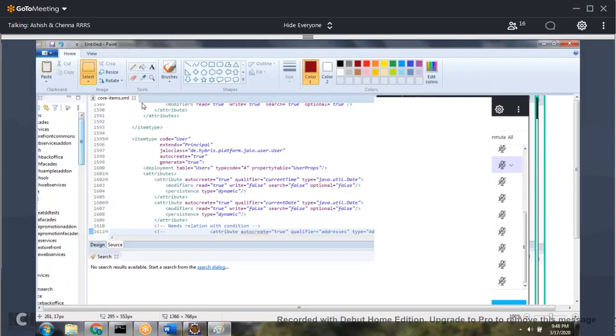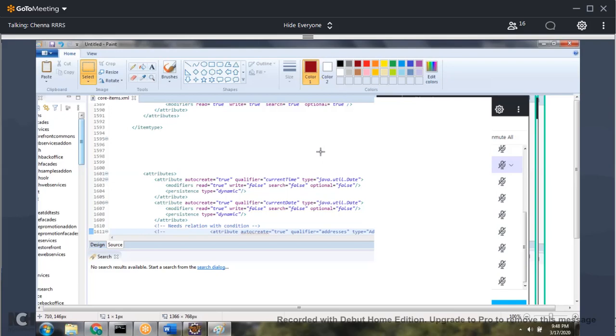Channa, suppose you are adding one more column to this user table. We are going to write our custom core items table, right? We will copy this one and place it there. In that case, we can make auto create equal to false, and generate we can put as true.